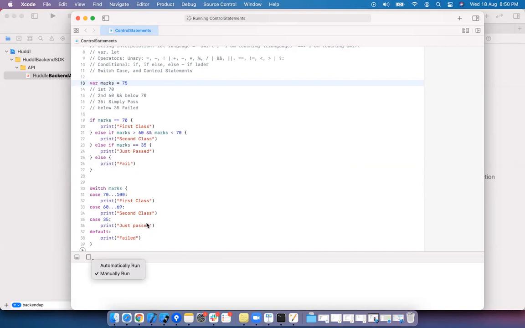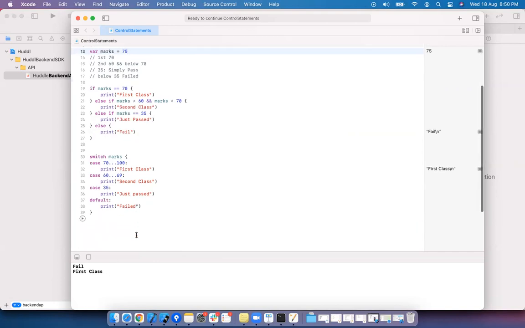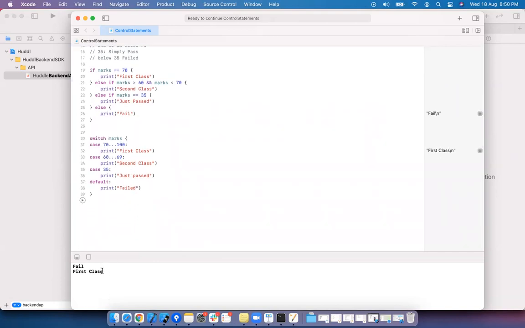It is running. Here it is displaying first class and just jumping out of the switch. In other languages, if you see, it also prints the next.